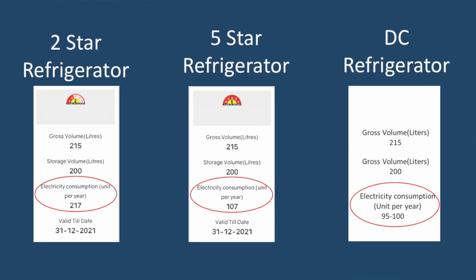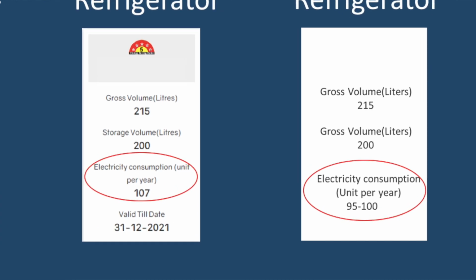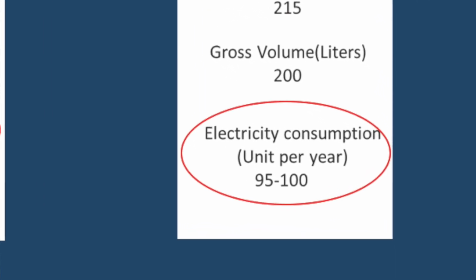And if it is a DC based refrigerator, you can actually get the same job done in about 90 to 110 units. So you see the difference in the amount of energy consumption. Also, these are the typical values, but the real value will depend on the user. Suppose you are leaving the door of your refrigerator open frequently, then you require more energy. Suppose you keep your temperature setting very low, then also you require more energy. So these are the typical values that you see.